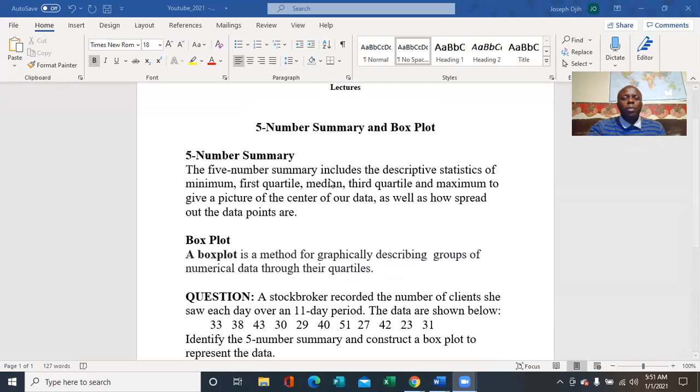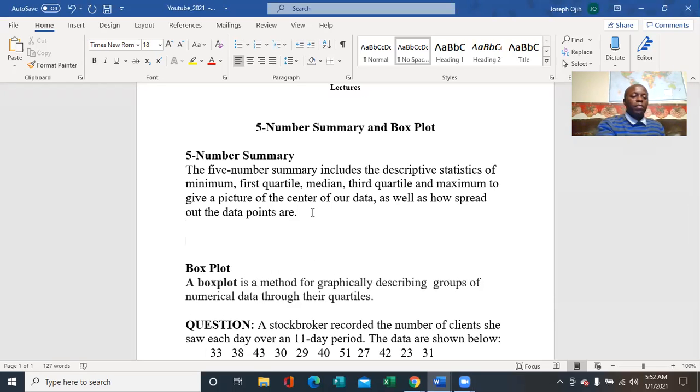Now, a 5 number summary simply means the type of descriptive statistics that include minimum, first quartile, median. Median is also called the second quartile, of course, you know that. Third quartile and maximum. So each time you are given a data set and asked to find the 5 number summary, all you need to do is to find the minimum value,